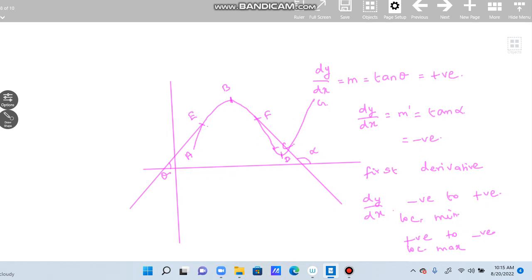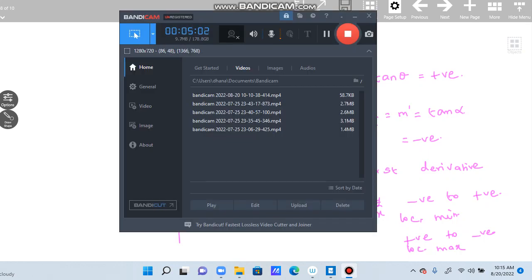That is why we say that when dy by dx changes from negative to positive, the point at which the minimum happens is called the local minimum, and the other way around, when dy by dx changes from positive to negative, it is changing from an increasing to a decreasing function, and we call the point at which it reaches its maximum a local maximum. I hope this gives a clear idea about